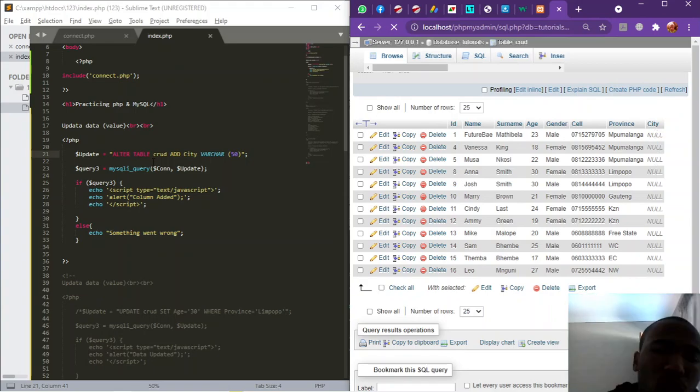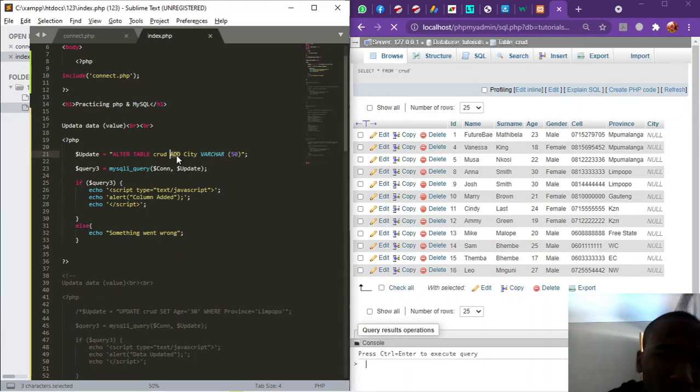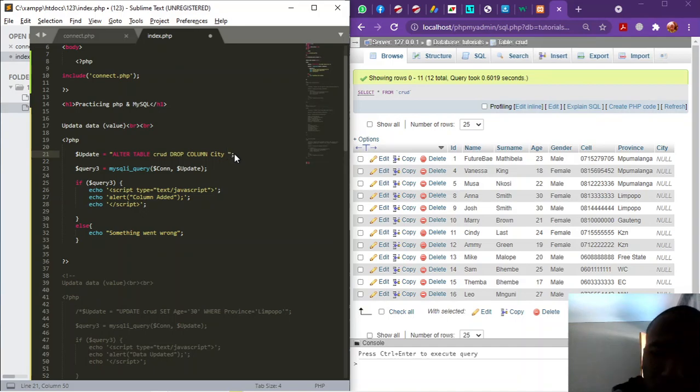And whenever we want to delete a column, we just say drop column, and then we no longer write the data type and so on.